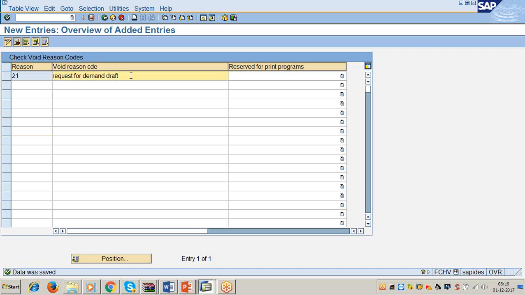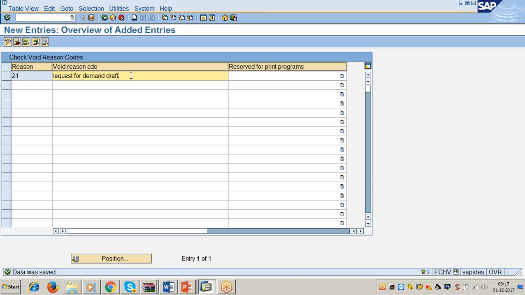Now, what is the request for demand draft? There is one business scenario. I will tell you one business scenario. Today, we have issued one check to the vendor towards the rent for $10,000. So he has taken the check to his office. But due to some reason, he is requesting us to issue the demand draft instead of the check. So we accept, because obviously he's a landlord, right?